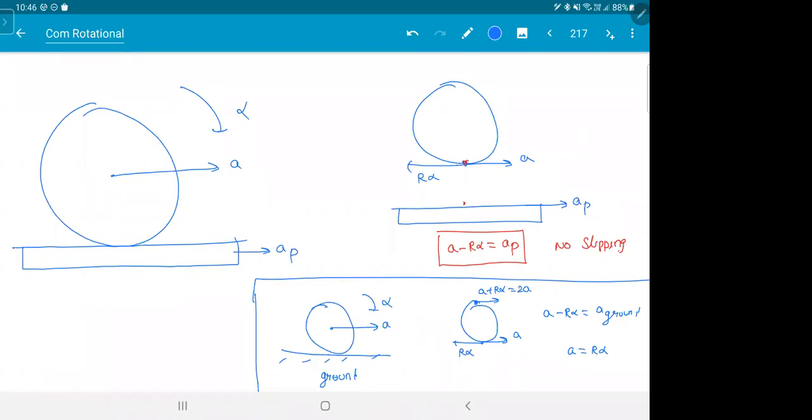Clear? Next one. So this is the third part, no slipping condition. Out of the 6 parts, 3 parts are done. First thing is torque, moment of inertia, no slipping condition. These are the 3 primary ones. Once you have these 3, I think the base is ready. So now things will start moving. Turn the page. Next things.